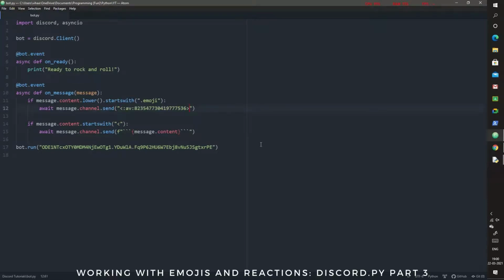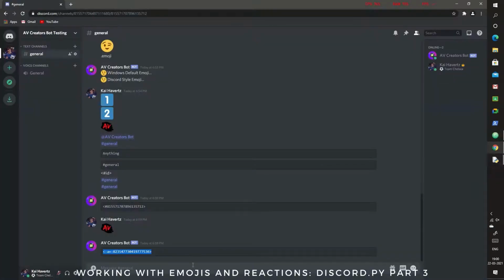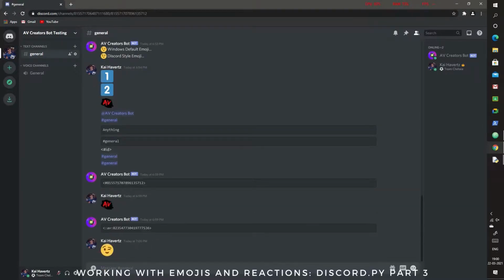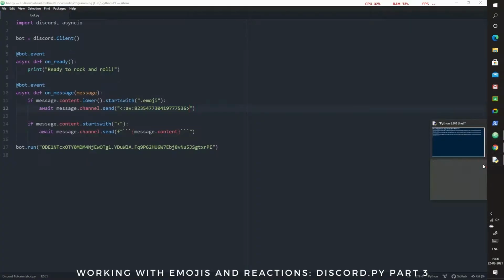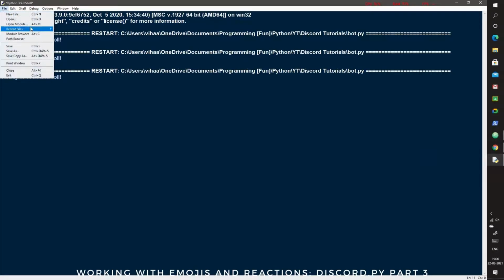Don't worry, this is not a variable, this is a string. If you just paste it like this, it will work. Now let's do it with a normal emoji, and it won't work because there are no angular brackets at the start to hold any ID or such. So now let's quickly save this and let's make our bot send us our custom emoji.